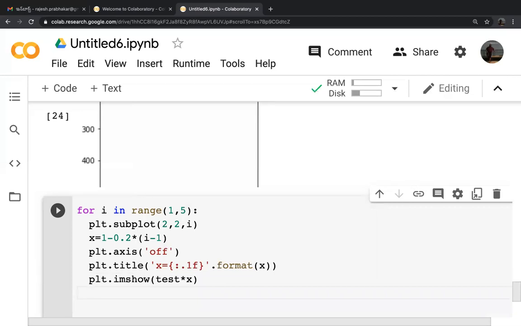Then you come out of it and say plt.show().